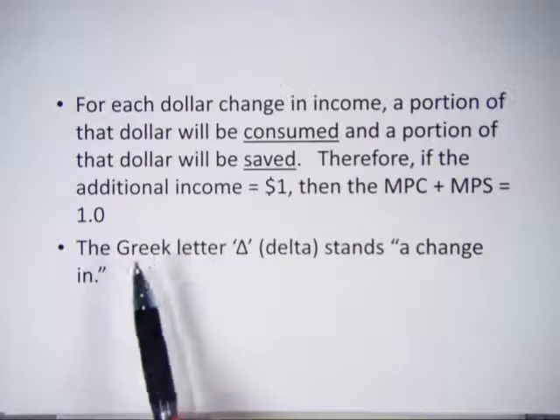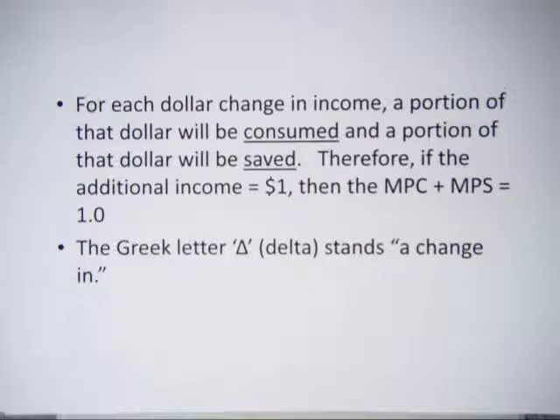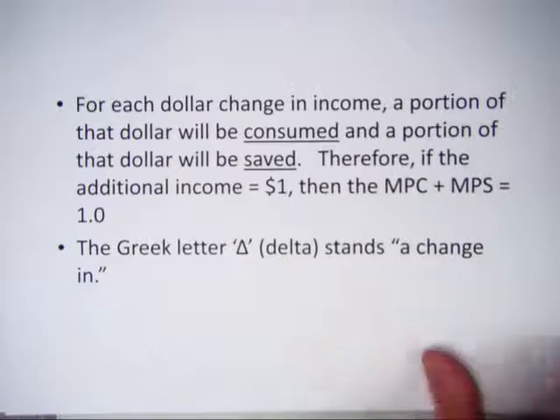In the cases that we've been taking a look at, the MPC was 0.75, the MPS was 0.25. 0.75 plus 0.25 gives us 1. 100% of the additional dollars are going to be either consumed or saved. Now let's see how this relates to the consumption function because that's the focus right now, or at least in